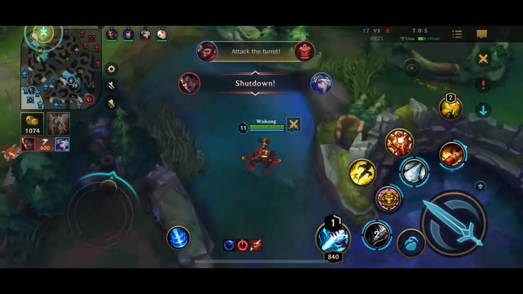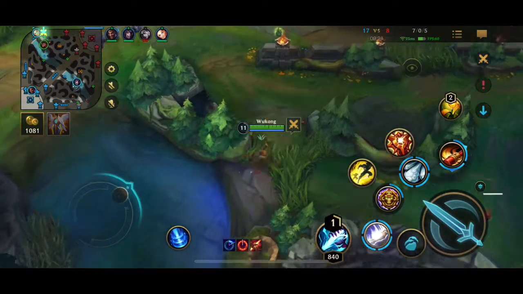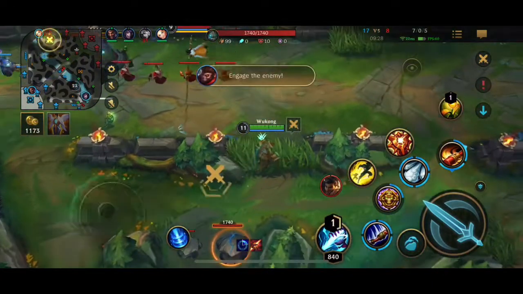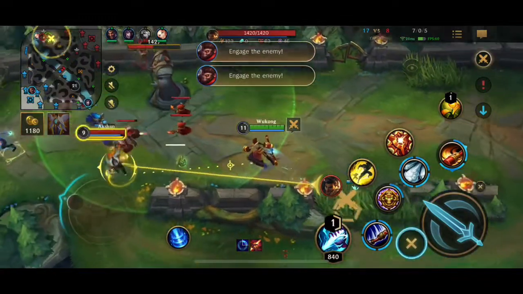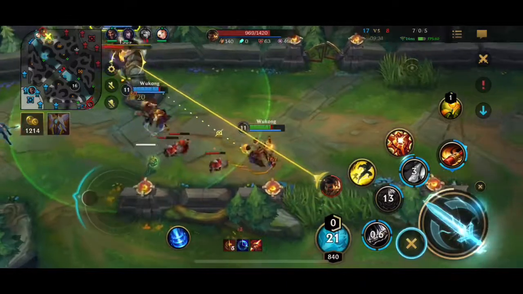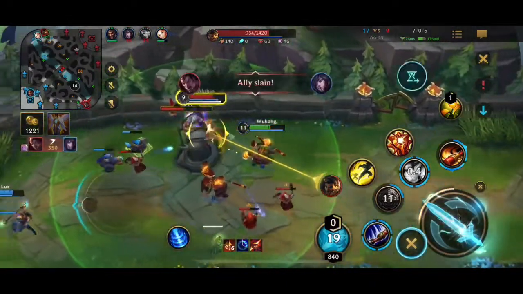So actually, I decided to go for this top side turret, and the reason for that is, notice, everybody's missing on the map, and I know somebody's going to come to defend this turret, actually. So I see this Aurora here, I see them use their swing, and now I'm looking to engage here, get some good burst damage. They use some of their summoner spells, and